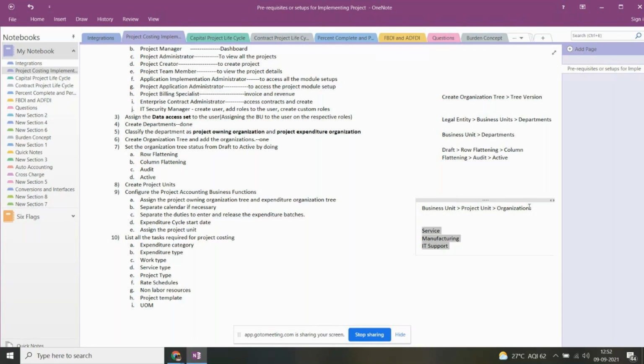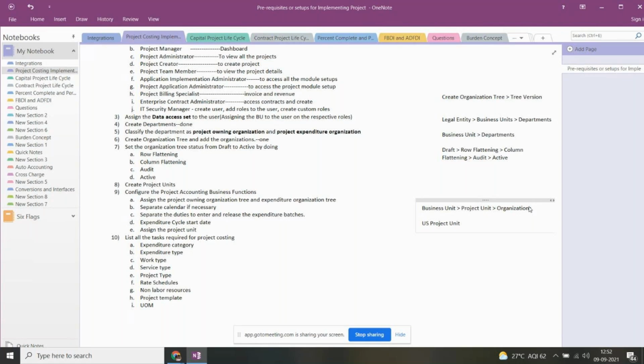If they don't have multiple lines of business, and they are very straightforward, with only one line of business, then we'll just have that particular project unit, like maybe a US project unit. We'll just create a generic project unit.